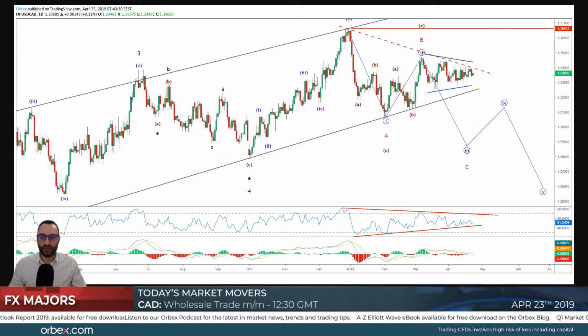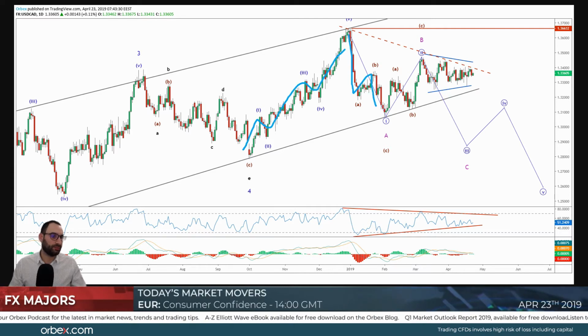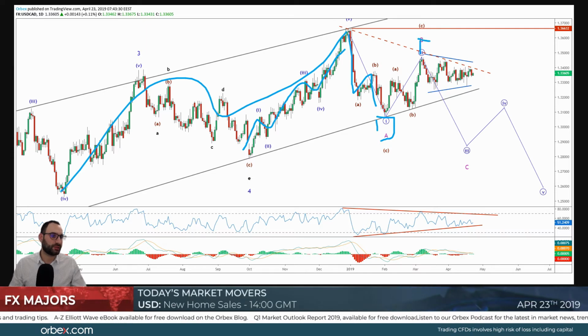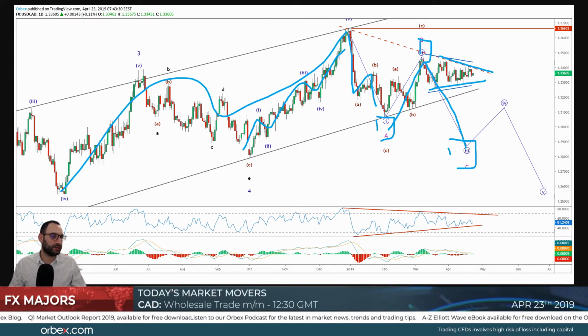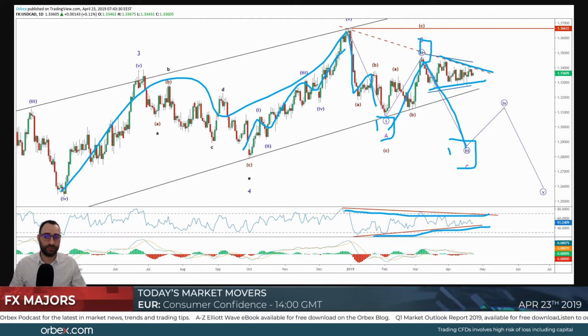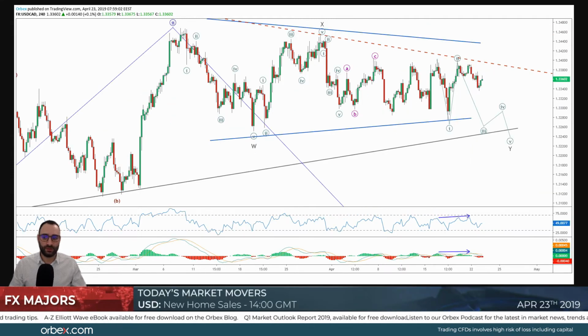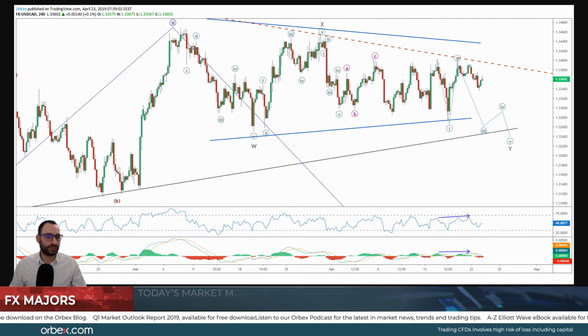Now, when I go quickly on dollar CAD, I am also bearish on dollar CAD. We've had a big impulse to the upside. We completed wave A and B, and we're looking for wave C to be completed. Now we are sitting in a tight triangle pattern, and we are expecting a break very, very soon on the dollar CAD. If we go down on the 4-hour chart, there is a bit more validation.